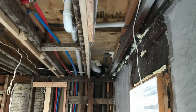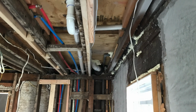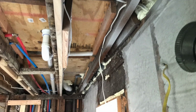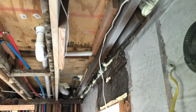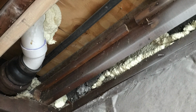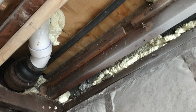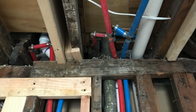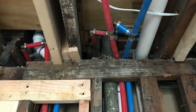We also took out all of the bulkheads that were over the cabinets, because we did want the cabinets to go all the way to the ceiling. We just did everything possible. We did a lot of the smaller projects like the tile work of the floor and the backsplash on our own, but we did go with a big box store for doing the actual cabinets,